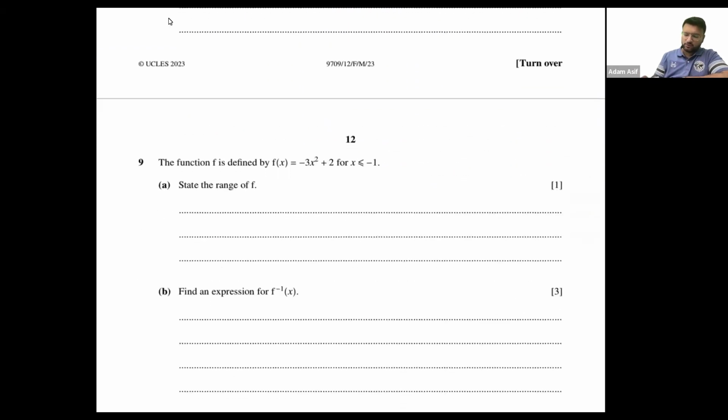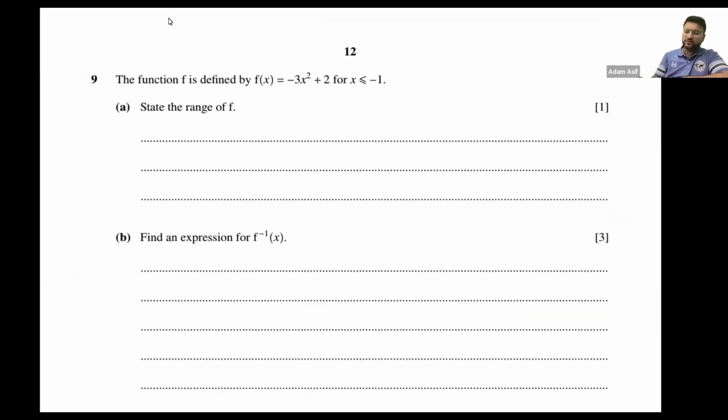Okay, now question number 9. The function f is defined by f of x equals minus 3x square plus 2, and the domain is for x less than equal to -1. State the range of the function. Okay, it's a quadratic function. Completing square form क्या है इसकी? minus 3x minus 0 the whole thing square plus 2, ठीक है। अगर मैं आपसे कहूँ कि क्योंकि टर्निंग पॉइंट का x कोऑर्डिनेट वुड बी 0 और y कोऑर्डिनेट वुड बी 2, सही है, मैं आपको सिर्फ समझाने के लिए बता रहा हूँ कि आपको ड्रॉ नहीं करना इस तरीके से। तो टर्निंग पॉइंट होगा इसका 0,2 लेकिन योर डोमेन इज x less than equal to -1,